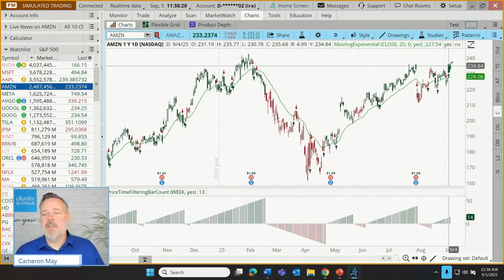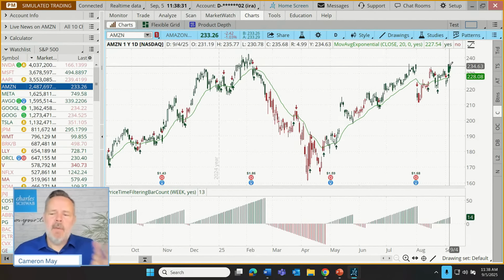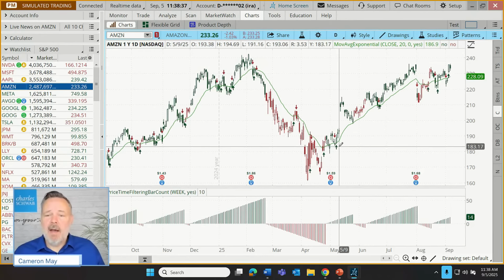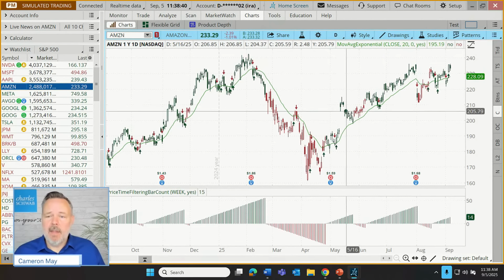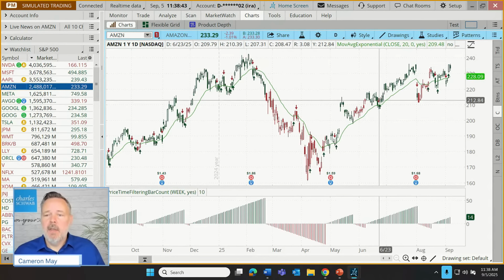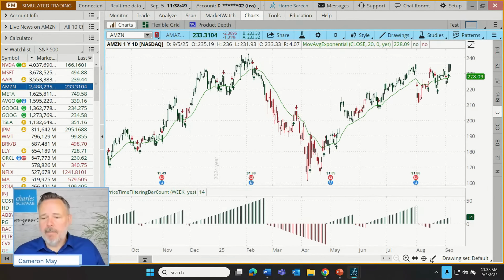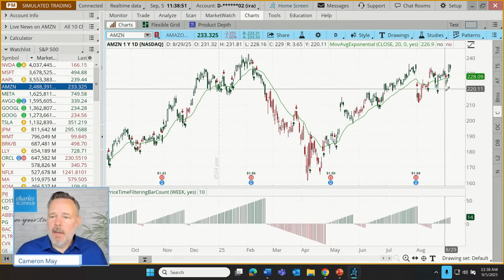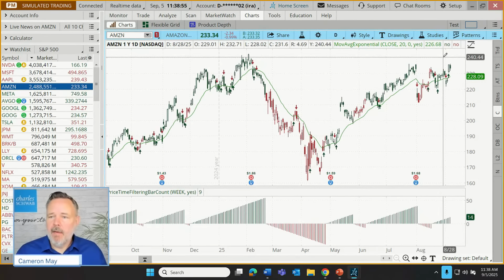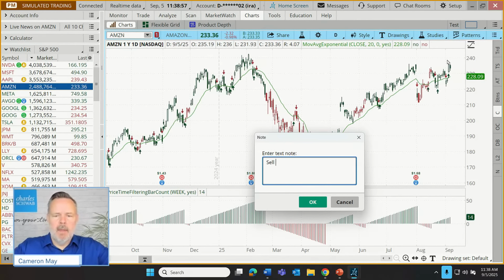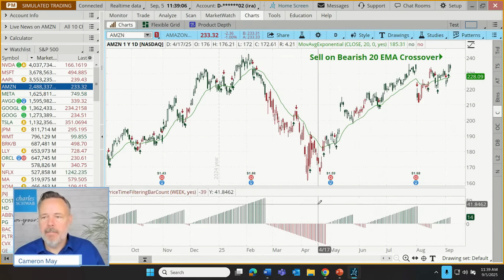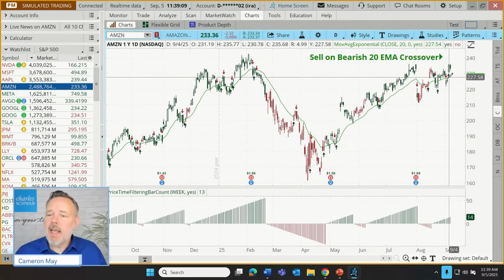So I'm going to go ahead with a trade here, but we need to have a plan for when to take profits and when to take losses. Well, we don't know, if we're using this approach, when the ultimate exit signal will appear. The typical exit signal is just when we get a close or a cross of price down below our 20-period moving average. So I'm going to make a note here. Let's just say up here, sell on bearish 20 EMA crossover. That's for taking profits. Where might the trader plan to take losses?